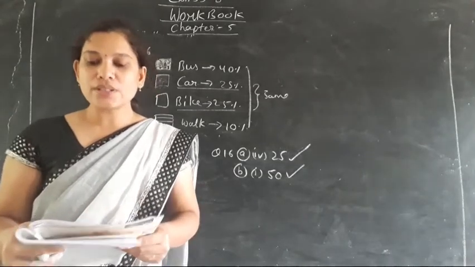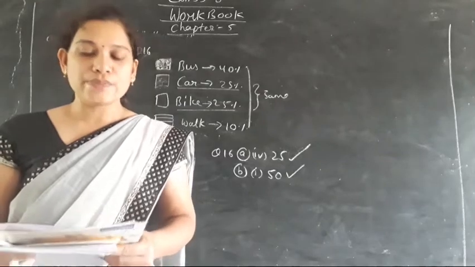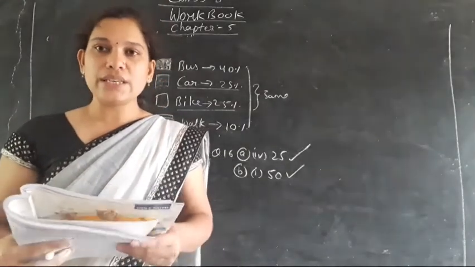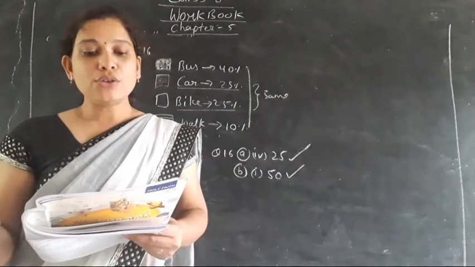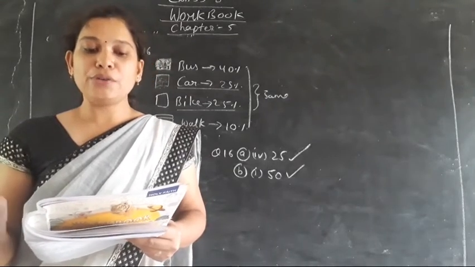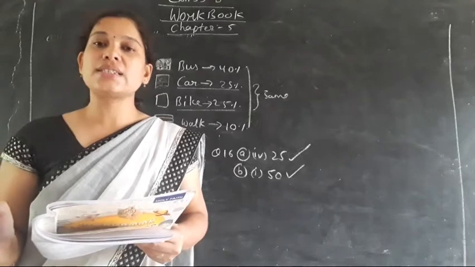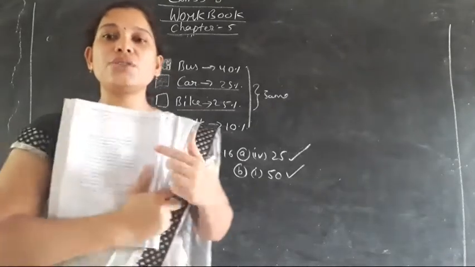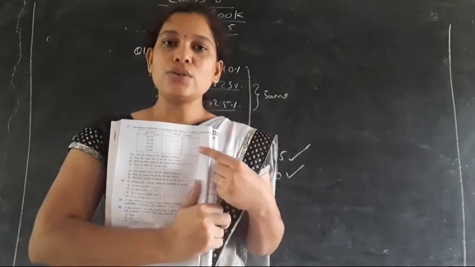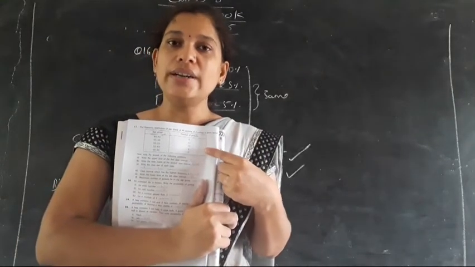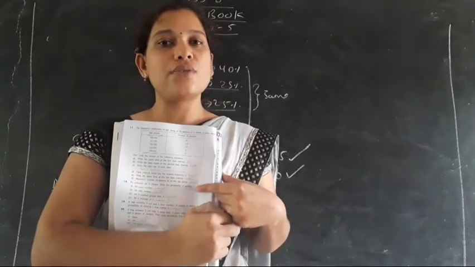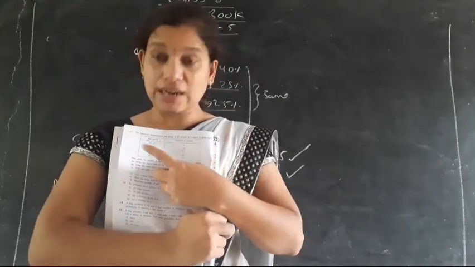group of 40 persons of a colony is given below. Here the age group of 40 persons of a colony is being given. Now 40 to 45, 45 to 50, 50 to 55, 55 to 60, 60 to 65, like that it is being given, and the number of persons is given. In the question a table is given; this is the distribution table, and according to this distribution table we have to answer the following questions. This is known as a class interval.